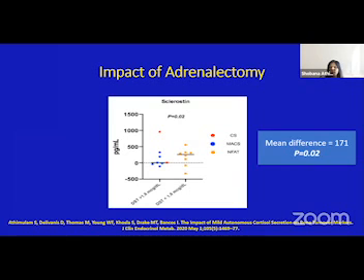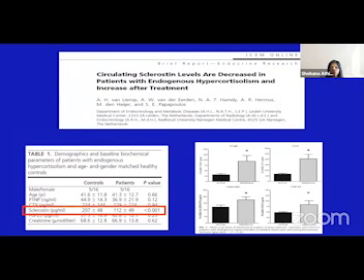So, if you remember, I had said that sclerostin is only produced by osteocytes in the body, and it made us think that following adrenalectomy, there's actually an increase in the number and function of osteocytes, and that's why the levels improve. This was also demonstrated by a study from a group in the Netherlands, where they looked at patients with endogenous cortisolism,